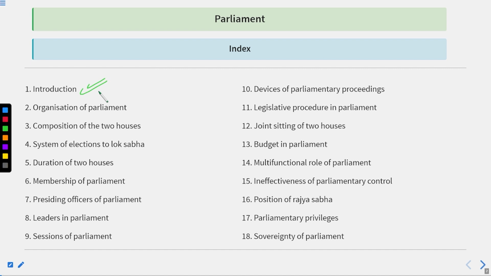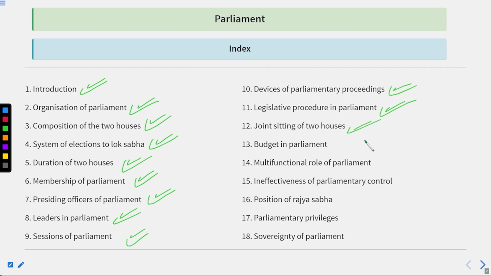we have done with the introduction part, the organization of parliament, the composition of the two houses, the system of elections to the Lok Sabha, the duration of two houses, the membership of parliament, the presiding officers of parliament, the leaders in parliament, the sessions of parliament, the devices of parliamentary proceedings, the legislative procedure in parliament,